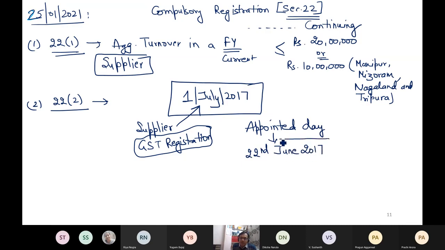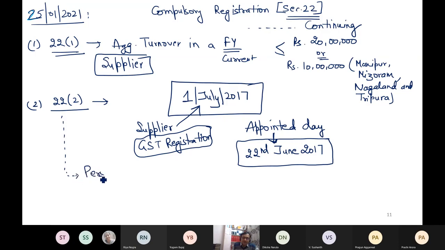This is the appointed day under GST laws. In every act, there can be a different appointed day. Maybe some acts do not need an appointed day at all, so it depends upon the situation. But under GST laws, the appointed day is 22nd June 17. And what this second point says is that whosoever is registered already,